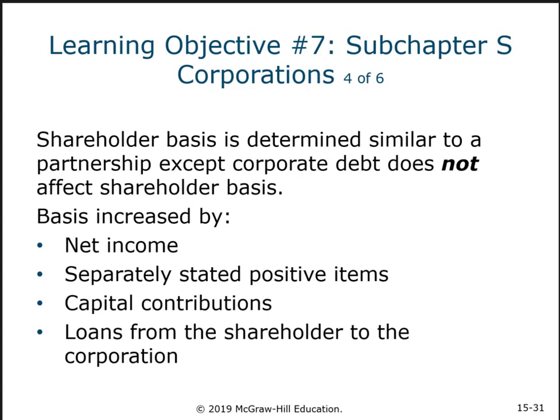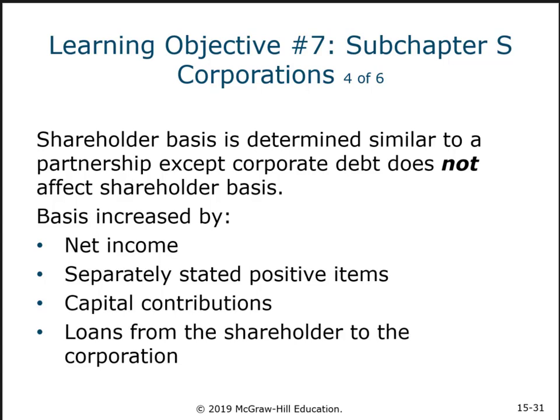Basis is the same idea. It basically limits how much can be deducted if the S corporation has a loss. So if you are a shareholder in an S corporation and the S corporation has a bad year and loses money, the typical idea is that that loss is separated between the shareholders based on their percentage ownership. The question is, as a stockholder, can I use that loss to offset income from other sources? And the issue goes back to the idea, is it at risk? Do I have money at risk in this S corporation?